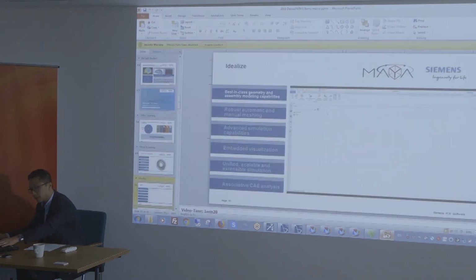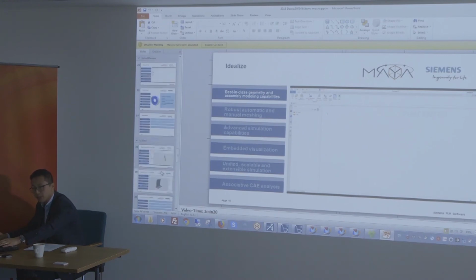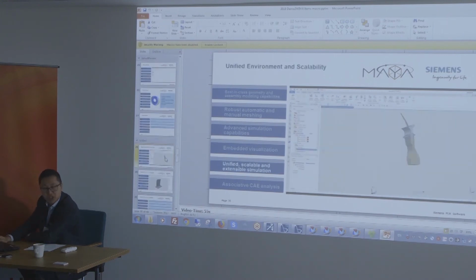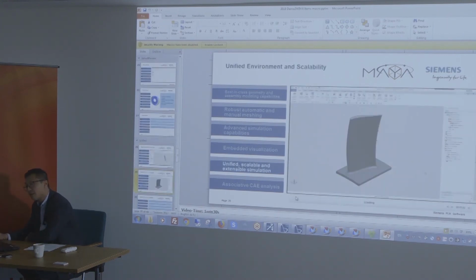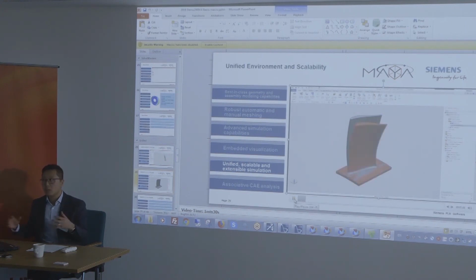Okay. So maybe just to close a little bit, as I've mentioned, we've talked a lot about automation and a scalable environment. One of the things that can be done is automation in NX, automation for your particular businesses or your particular applications. In this case, what we've done is automation for the turbine industry, where we do hot to cold analysis. So our original geometry might look like this when it's built, but once you apply the thermal loads, rotation, structural loads, it might distort to be in that position here.